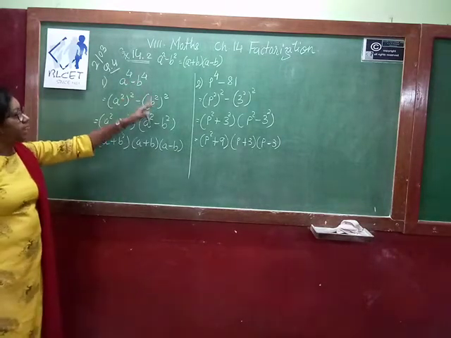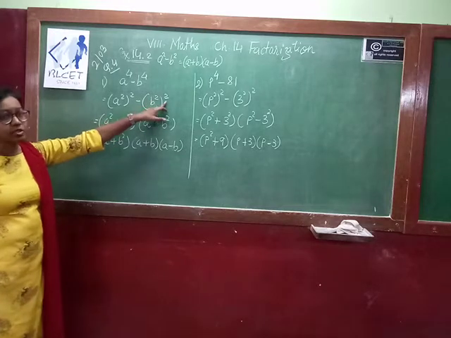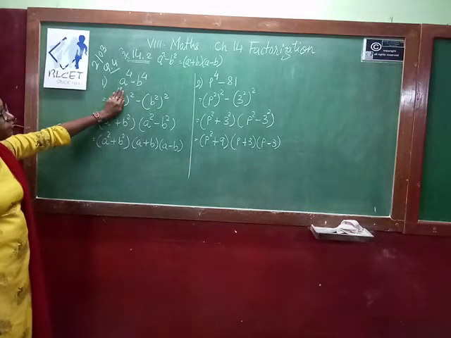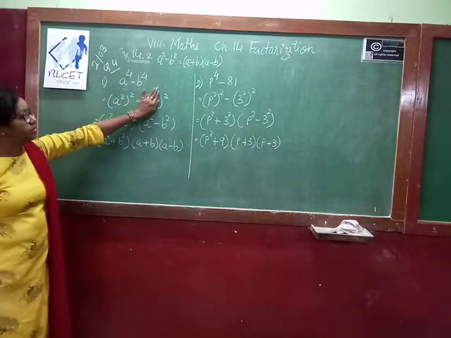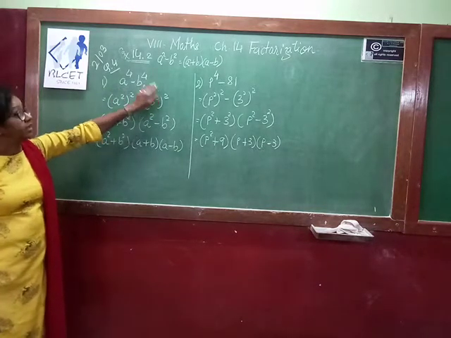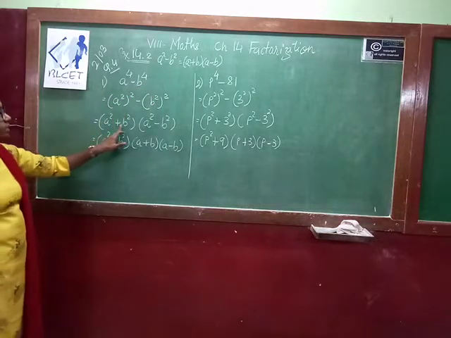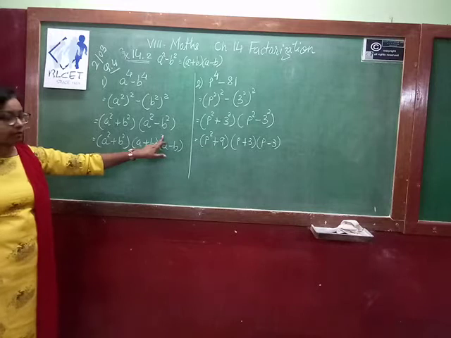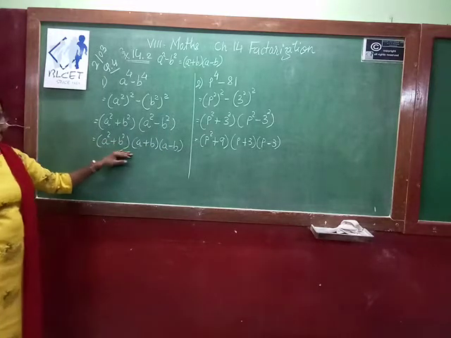Same way b power 4 we can write as b square whole power square. So now this is your one term. So a, if you compare, a square, this is your b square. Now we can use that formula. So a square plus b square, one time positive, a square minus b square, one time negative. Now this term remains as it is because plus is there.